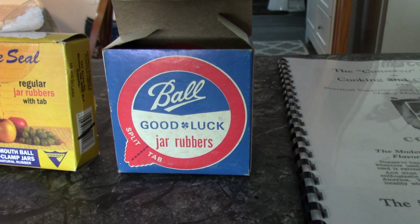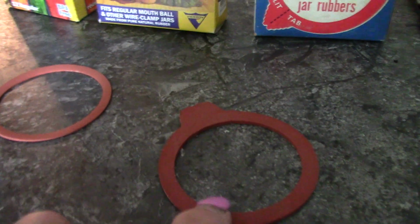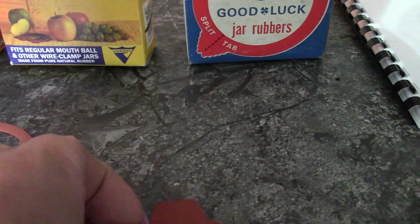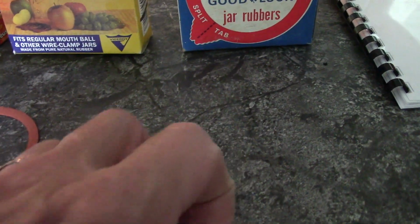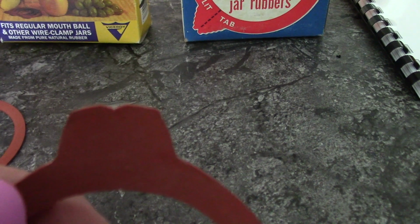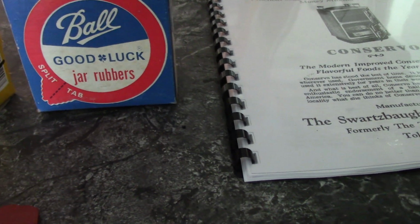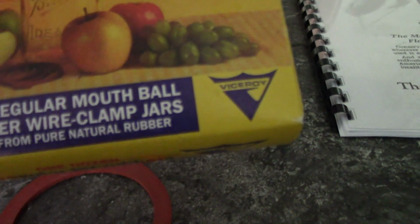Now, this box here is an old-fashioned one, I got it from an antique store, and the rubbers kind of look like this. Now, if you'll notice, there is a little indentation in the top, where it would split, and you would just pull this right in two, and then you could easily take the glass cap off without cracking or breaking it. Now, Ball don't make these anymore, so a company called